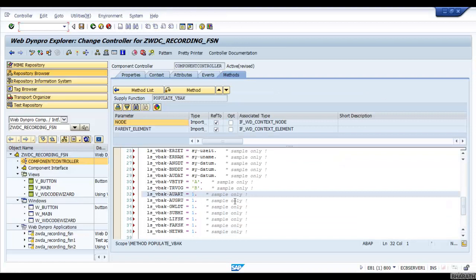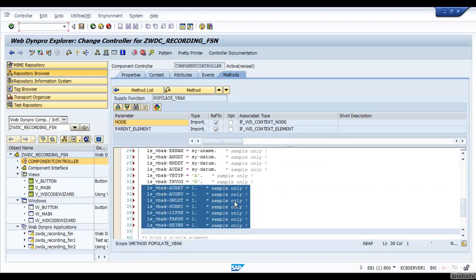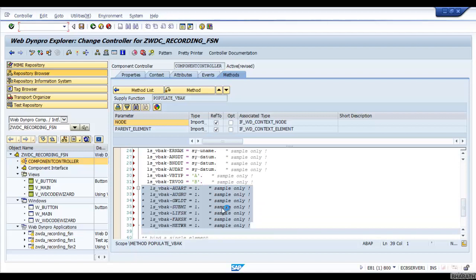In a similar way you can enter the required values.